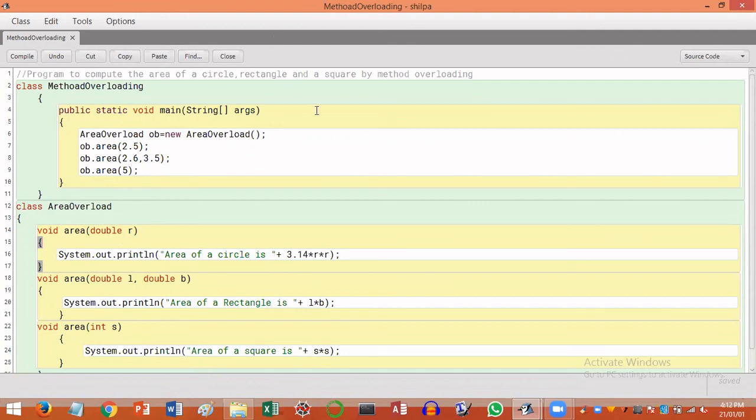Okay, so that is how the Java compiler overcomes the conflict. See, all these methods have the same name. So when the methods have the same name, obviously the compiler will have confusion about which method to call. To overcome that confusion, the compiler will consider the data type and the number of parameters that you pass to call that method.